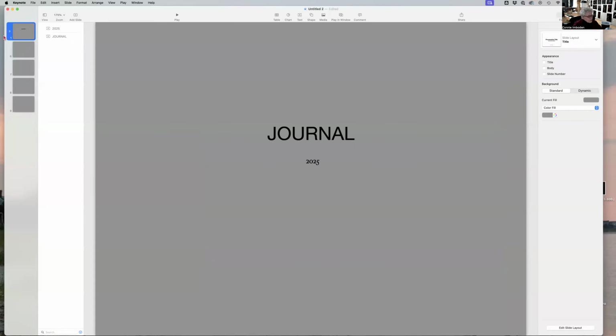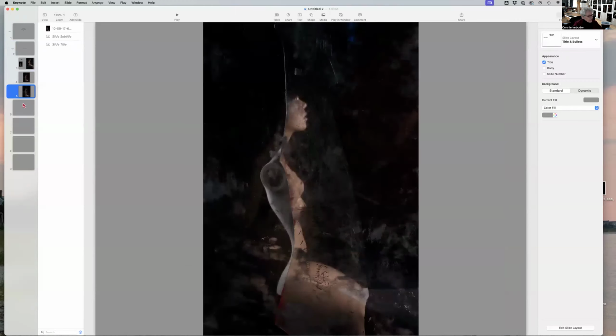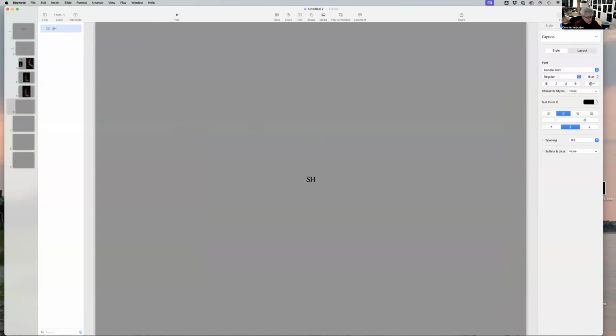So within your journal, you have the first set, you open that up, and you've got three images here. You can then set up to do the next shoot, or however you want to divide it, shoot of November, whatever. And then you can pull more images into the Keynote the way that we just did. So what I'm going to do now is I'm going to go back